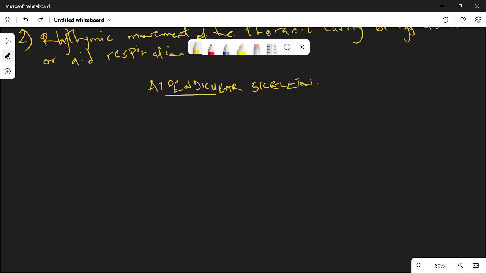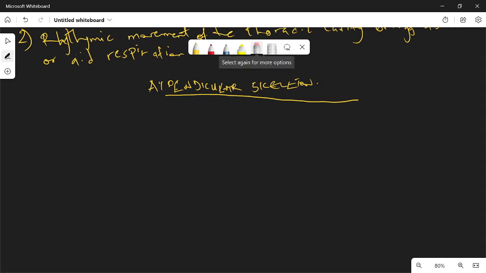The appendicular skeleton talks about the girdles. Are we together? So that is what we'll be looking at right about now. What does appendicular skeleton mean? So I said it talks about